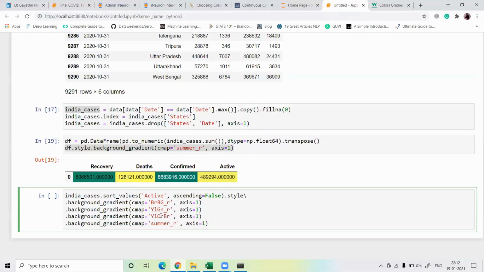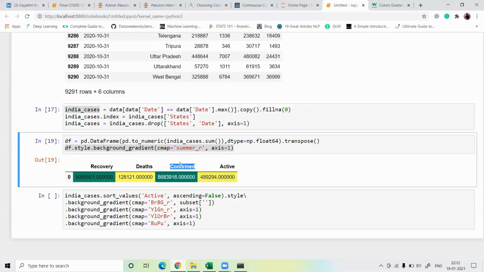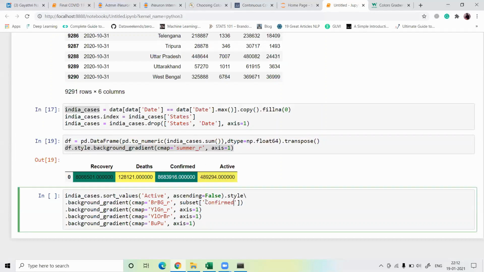Okay, and next for the color map I just take this. Then I just define not an axis here, I just define the subset. What is subset? Subset is the column in which we have to plot this. So first for the confirmed case, I just copy from here to there, guys.